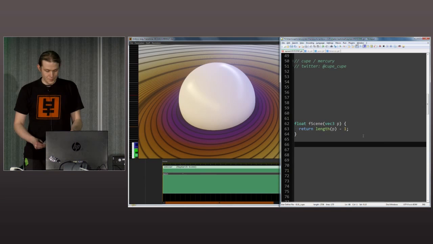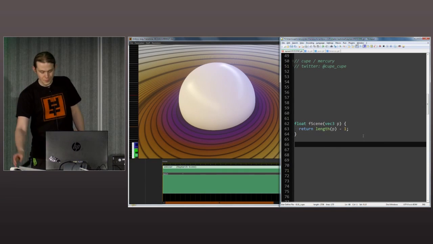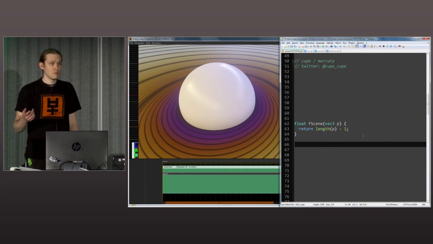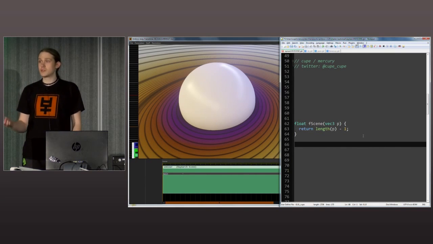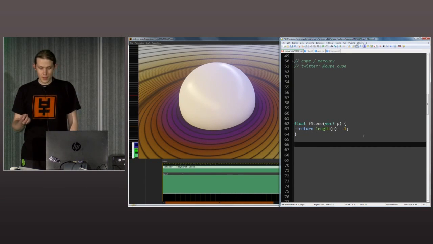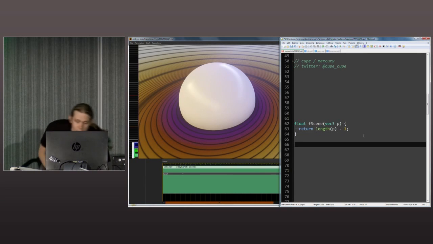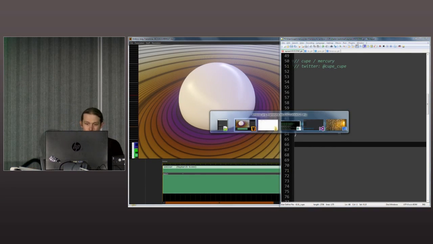So the thing is, you might have seen probably on ShaderToy or some 64K or 4K intros that use this technique to make scenes and to make some content. It's usually people call it ray marching. This is one of the ways to render those distance functions, and I'll just start by